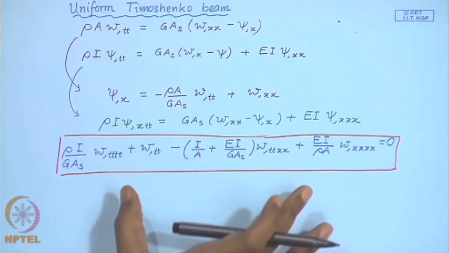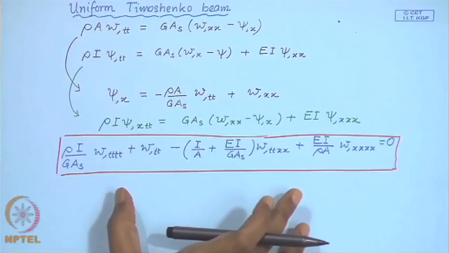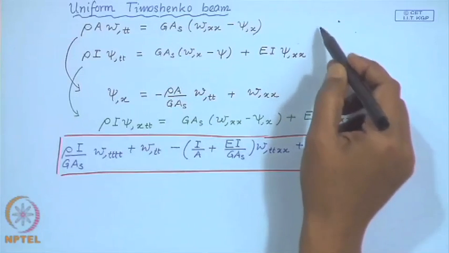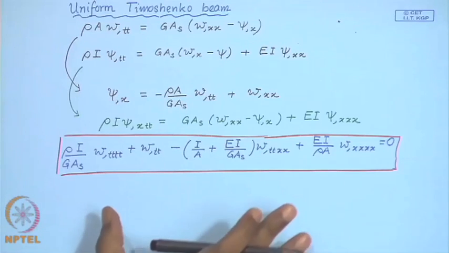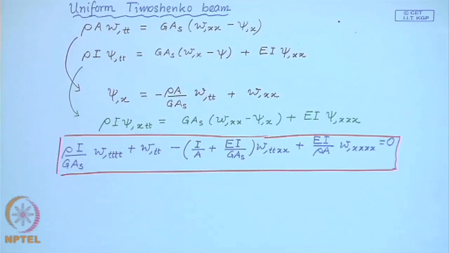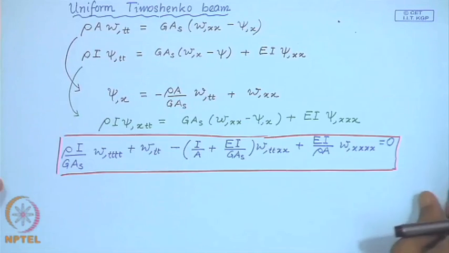So, what you will have to do is substitute the general solution once again into these equations to find additional constraints. So, if you want to solve this, you have to be a little careful and do some additional steps. Usually this is used to determine, as we discussed in one of our previous lectures, and will also discuss, the dispersion relation for the Timoshenko beam. So, that is the